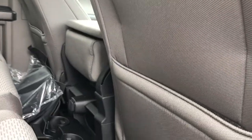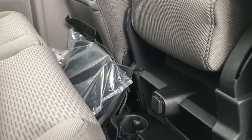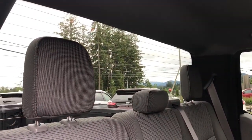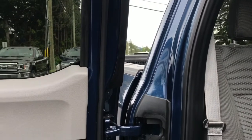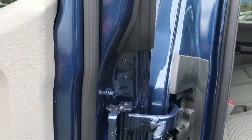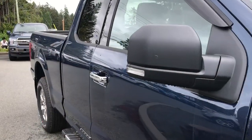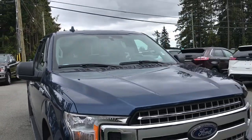Slim pockets on the back of the front seat. In the center there's a 12-volt, couple of cup holders, and there's USB outlets on the left-hand side. Up above, hooks and lighting. In the back, a big window with rear defrost. And one of the things that I should mention is with these doors, they open 170 degrees. So if you need to get something a little bit bigger in the back, it just makes it that much easier. Bumper, mud flaps, 6.5-foot box, privacy glass in the back windows with window vents, heated and powered side view mirrors, halogen headlights, fog lights, tow hooks,